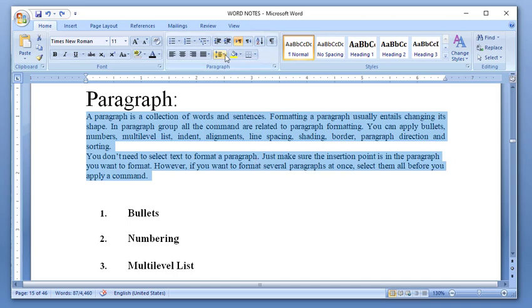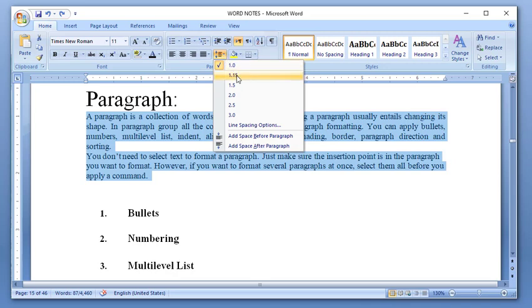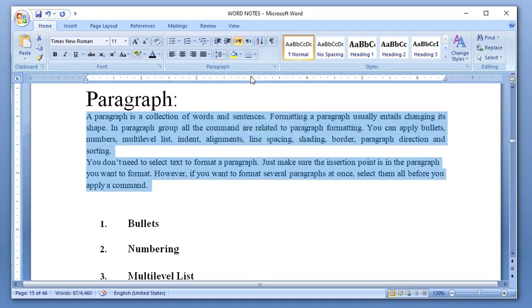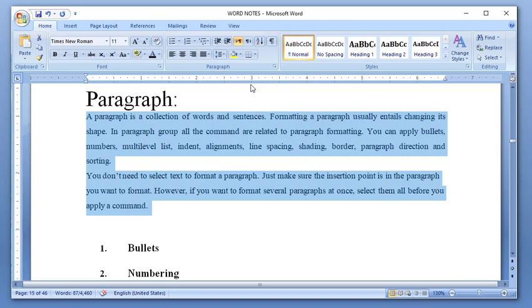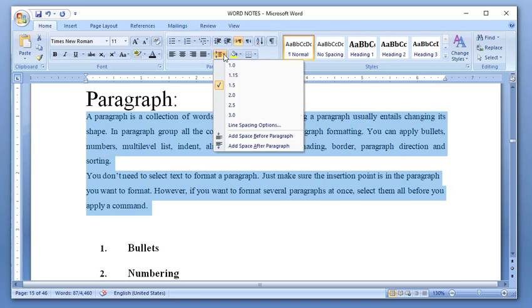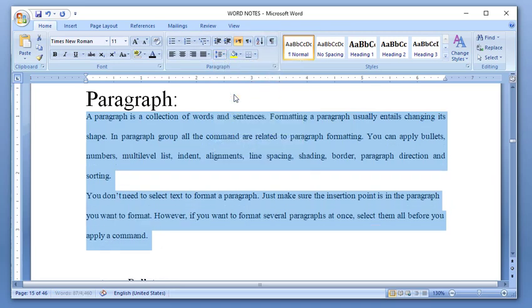Again click on drop down menu and select 1.15. You observe a little bit of distance is increased between the lines. Now I click on 1.5, it increases the distance between lines. Now 2, it increases,